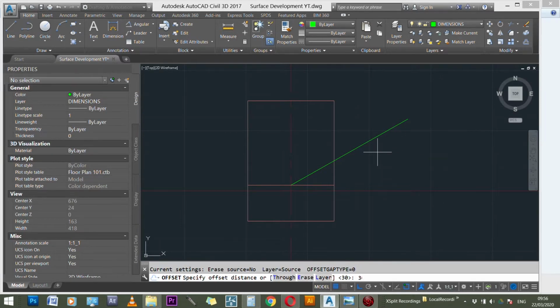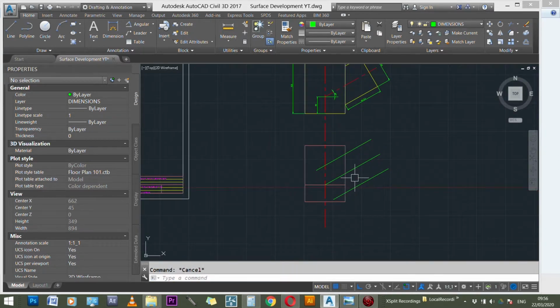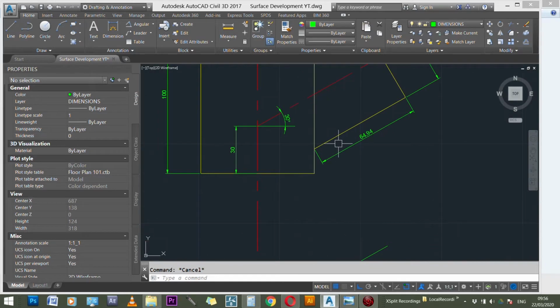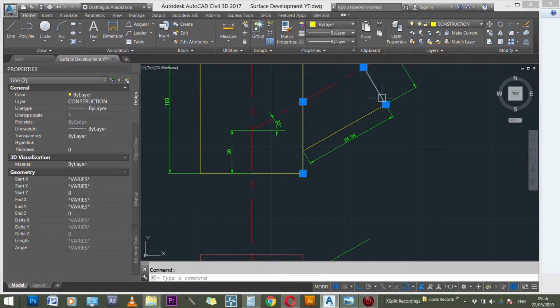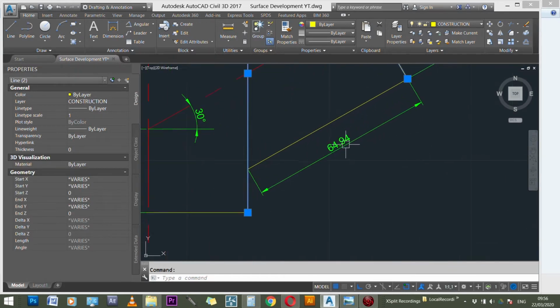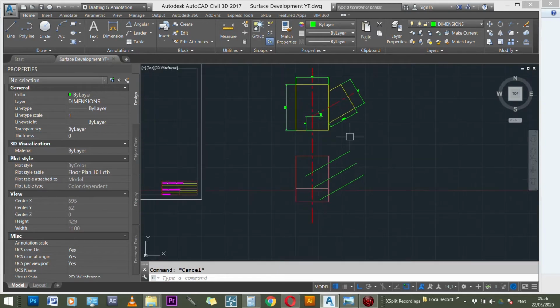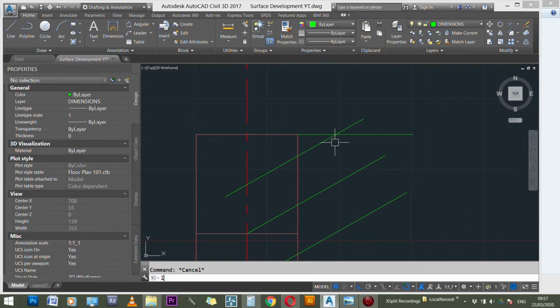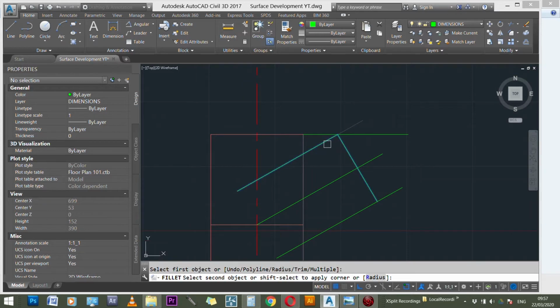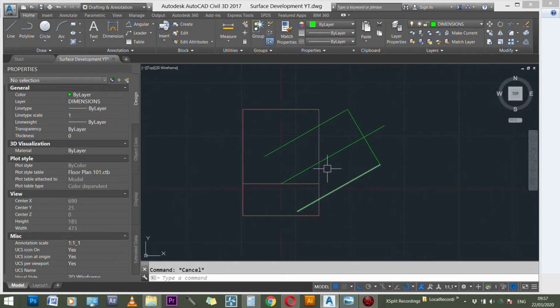Now I'm going to offset 30 millimeters each side, and there we have it, 30 millimeters each side. And they're saying that our distance from here to where our slanted cylinder ends is 64.9. I'm just going to put that in now. So I'm just trimming everything here,